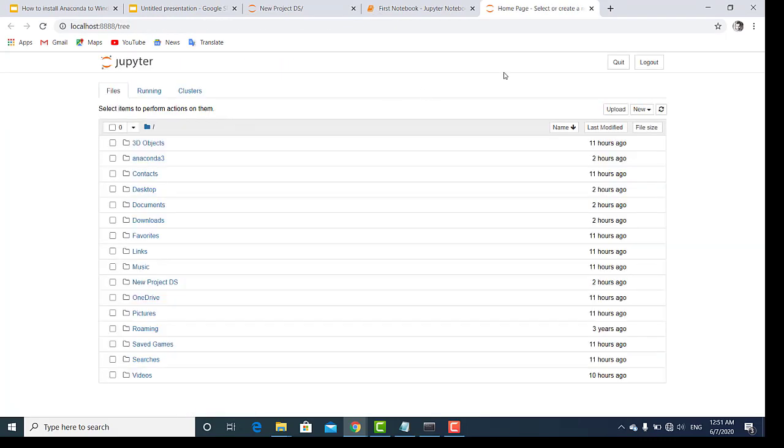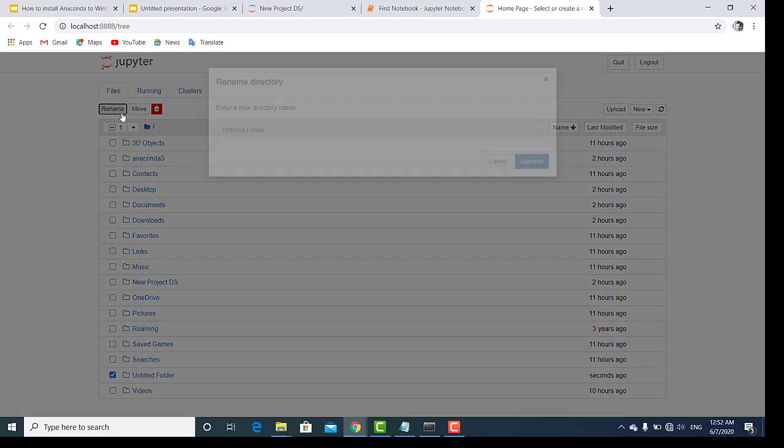If you want to create a project, you can create a new folder under which you can create your own projects. To rename the folder, click on the checkbox and click rename.